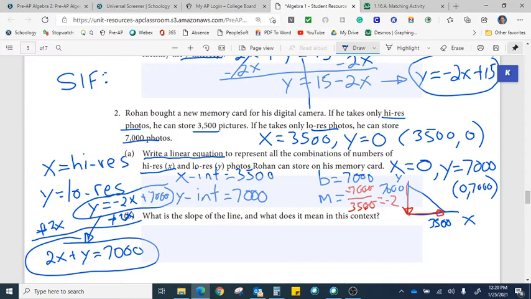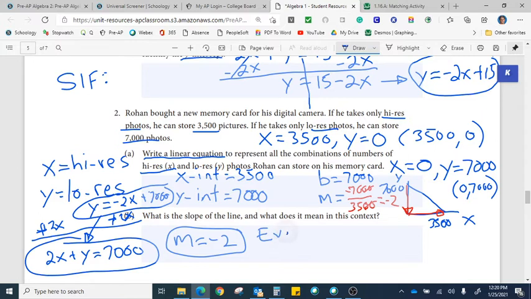All right, this next one says, what is the slope of the line and what does it mean in this context? Well, we already know what the slope is. We already figured it out. We're just going to say m equals negative 2. So what does it mean in the context of it? So that means when you take away 2 from the y-axis, 2 low resolution,